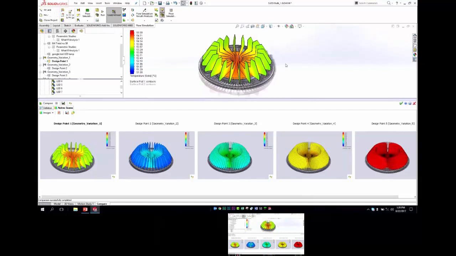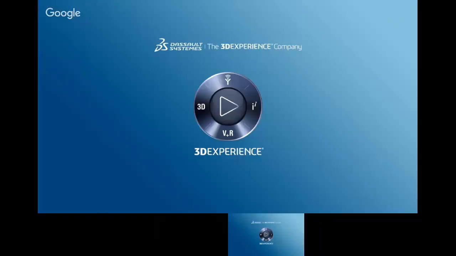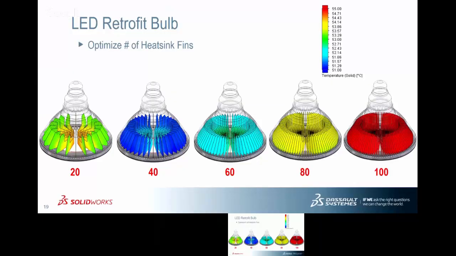So this is really at the core of what simulation and simulating early in your design process can really offer you while you're designing, instead of using this only as a tool when you're already in manufacturing. So you want to use this early. So we find that 40 fins is the best scenario of all. As we just saw, 40 fins is, in this case, the coolest of all these different